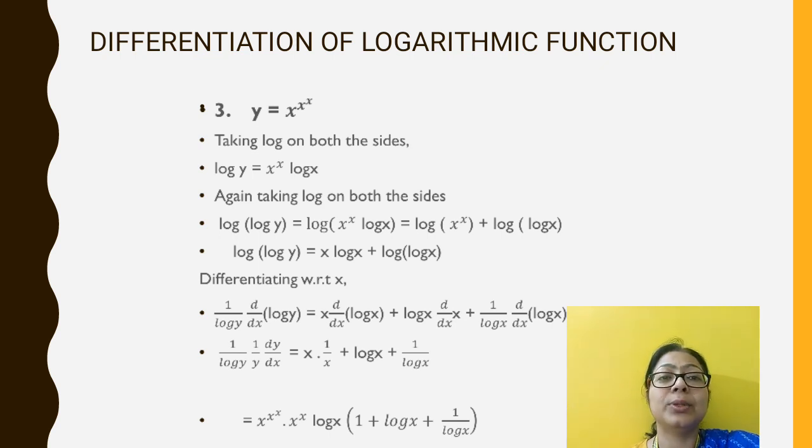Now differentiating both the sides. So log log y, it is 1 by log y, derivative of log y is 1 by y dy dx. Then right hand side x log x, product rule, that is x, derivative of log x is 1 by x, plus log x unchanged, derivative of x is 1. Next part is log of log x, 1 by log x, derivative of log x is 1 by x. So the last part is again x by x plus log x, plus 1 by x log x, plus 1 by x log x, that x is missing here.